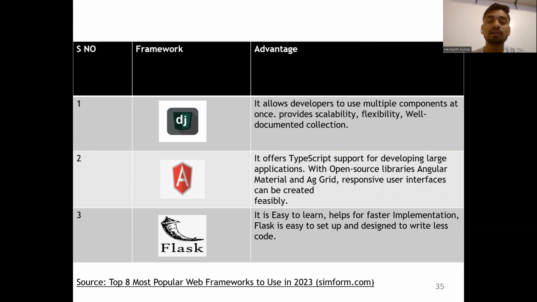And the second one is Angular, and it offers TypeScript support for developing large applications, and it also has open source libraries, materials, and grids, and is also responsive for user interface. And the third one is Flask, and the main advantages of this are it's easy to learn, and it helps for faster implementation, and it is also easy to set up, and in this we can write less code to